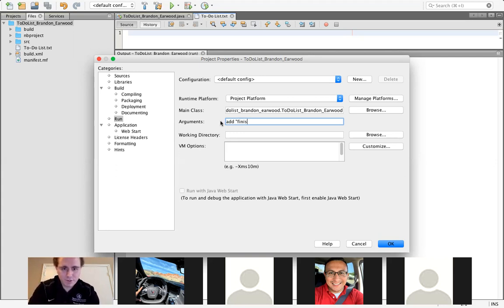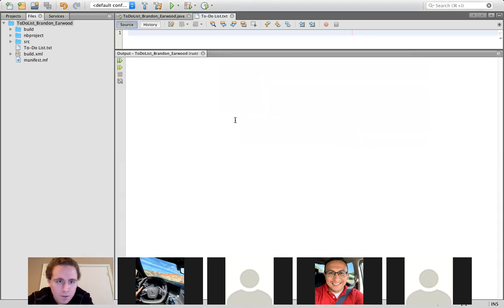So for this one, I'm going to go ahead and say something like finish lab explanation, and then just close that off. So this means that add is going to be at position 0, and then this entire statement that I've included inside of these double quotes is going to be at position 1 for my arguments list. So I'll go ahead and push OK. And then when I try to run this program,